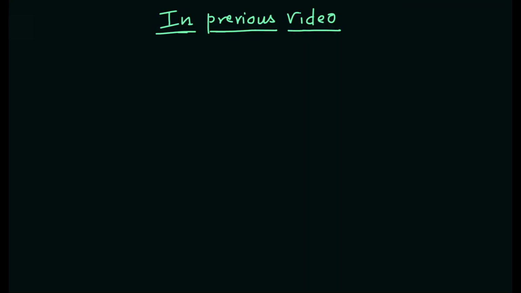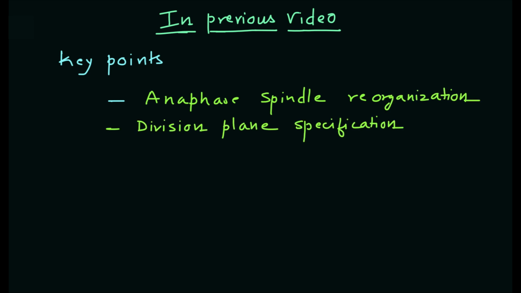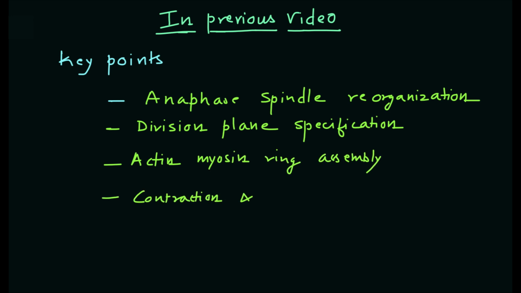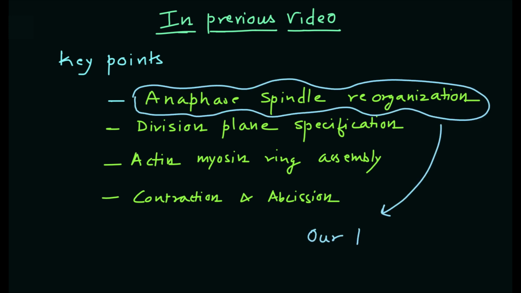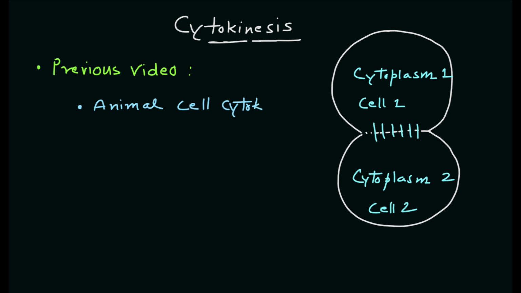In that video, I promised that we would discuss Anaphase spindle reorganization, division plane specification, actin-myosin ring assembly, contraction and abscission. In this video, we will focus on the first step, that is the Anaphase spindle reorganization, and we'll discuss that in more detail. In addition to that, in our previous video, we also discussed how animal cell cytokinesis is